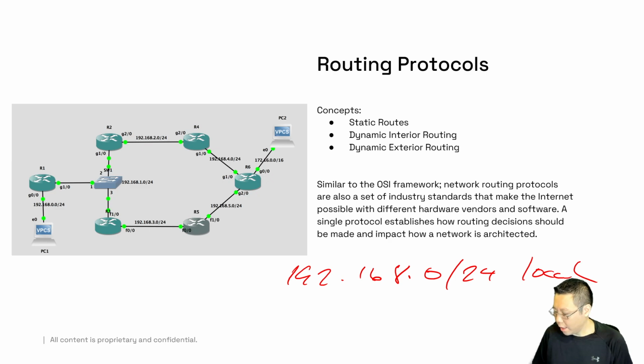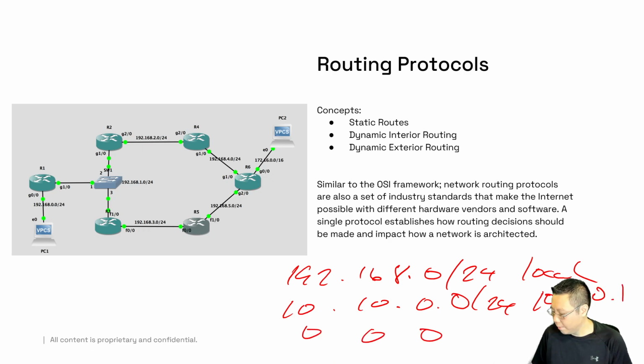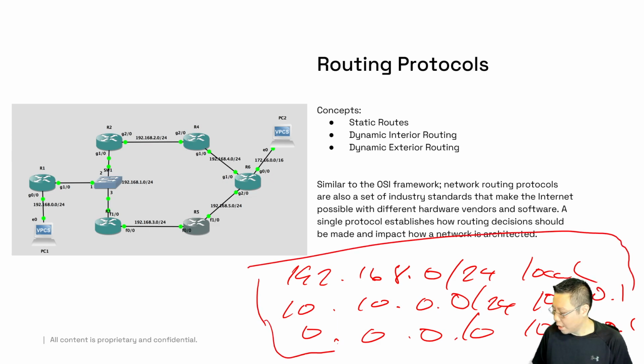If there's anything in 10.10.0.0/24, maybe you go to another network router, which is at 10.10.0.1, and anything that is not in between all those, we call those the gateway of last resort. That goes out to another gateway, which is perhaps 10.10.0.1 instead. Understanding that this is a route table example,